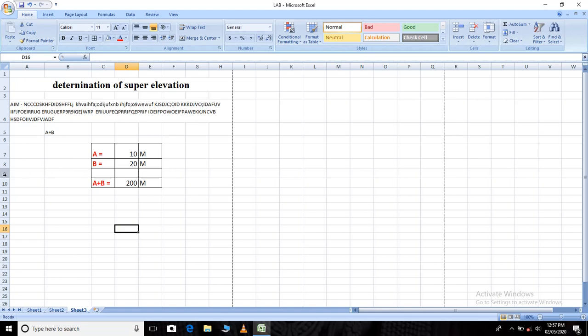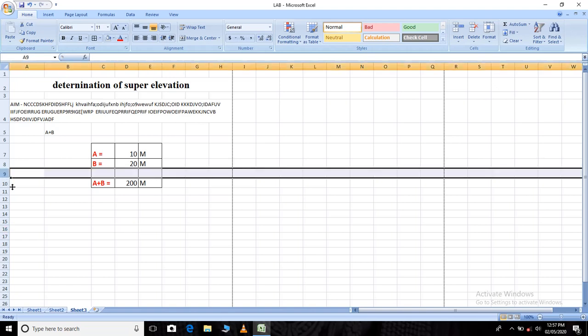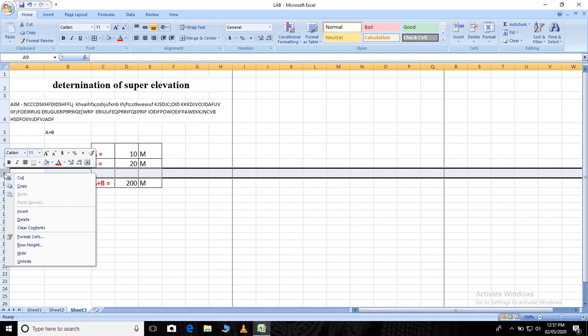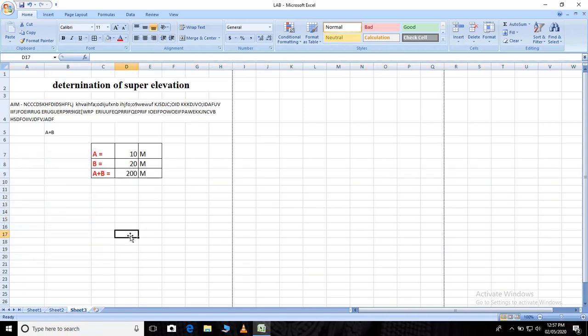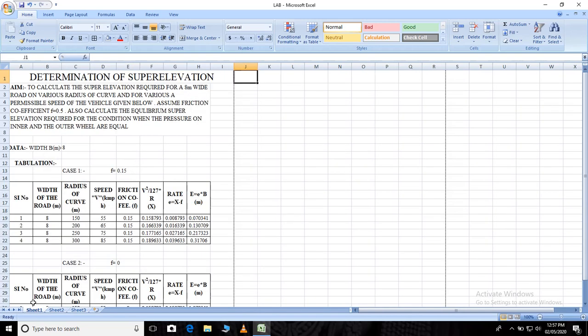Now this, if you want to delete this column, what do you have to do? Click on this first. That is left click, then right click. When you click right, you will get delete. So you say delete. Understood? So for the experiment, we'll see. For the experiment, see, this way you have to create your Excel spreadsheet.